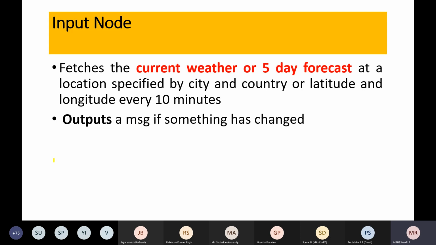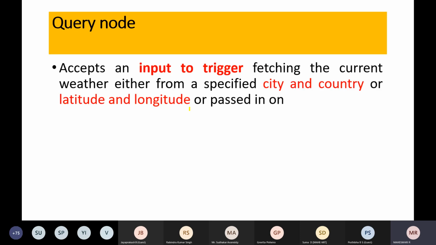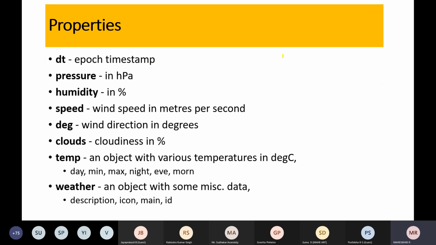This input node will fetch the current weather, or even the 5-day forecast, from any part of the country by giving its latitude and longitude, and it refreshes itself every 10 minutes. We are going to have a query node which is going to accept the input node, and these are the properties of your weather data.